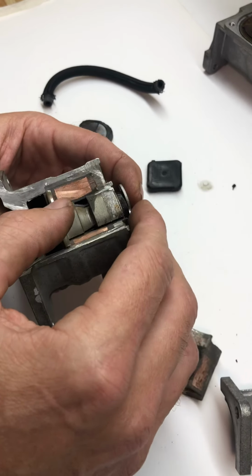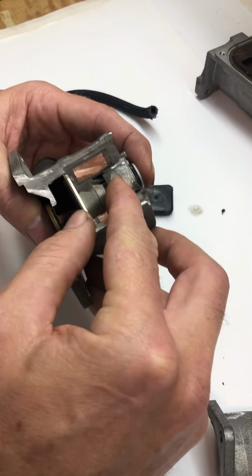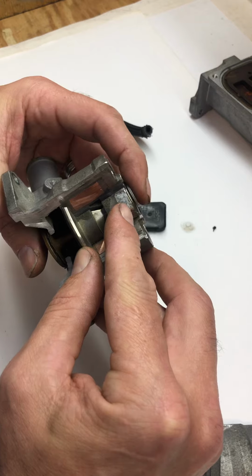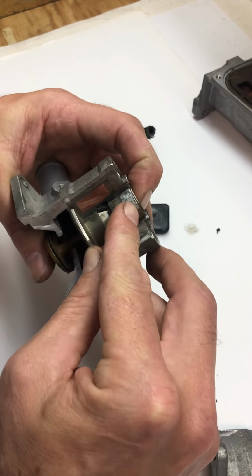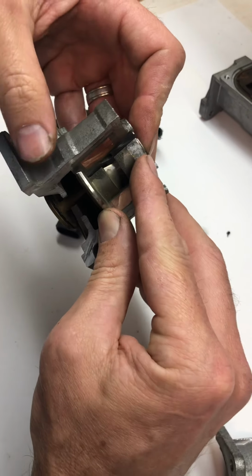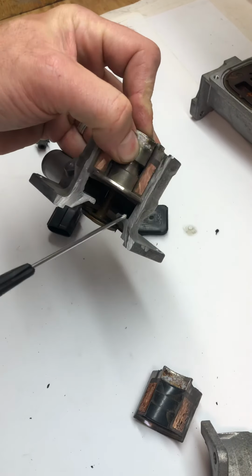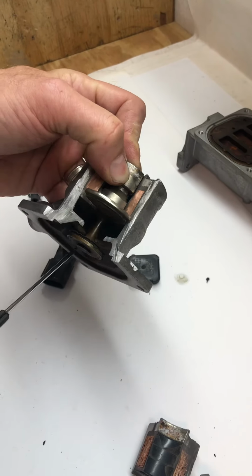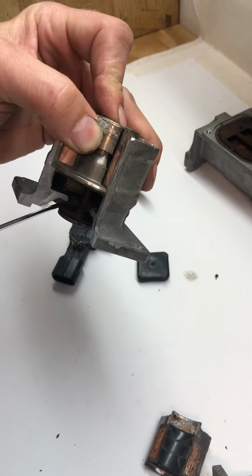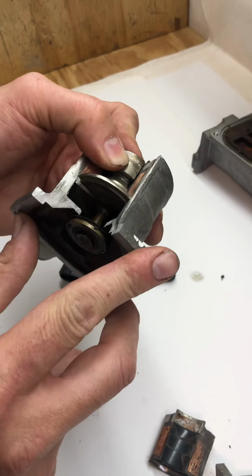Whenever your car turns on, your truck turns on, that energizes this plunger, okay, which is normally sitting like this. That plunger pushes down. If I can get it to do it, there it goes. That plunger would then go down to allow the air, which is coming in through this tube, into this little chamber here. Air would come into this little chamber, exit the chamber, and then go down and then exit out your exhaust. The problem is these things get really gunked up, and then this valve fails to move up and